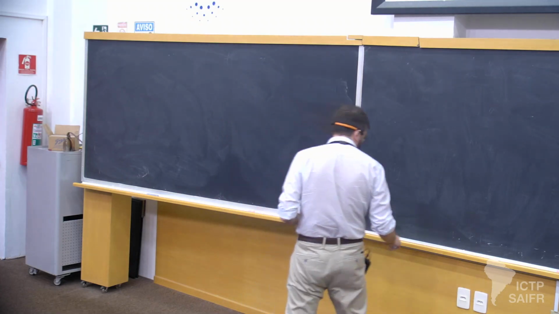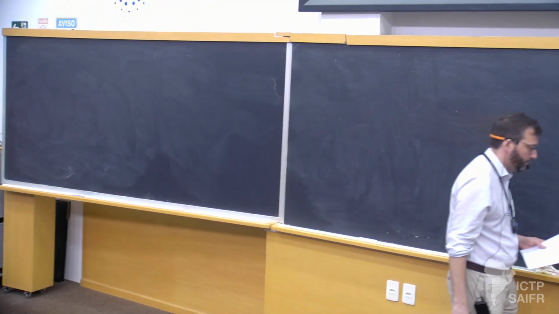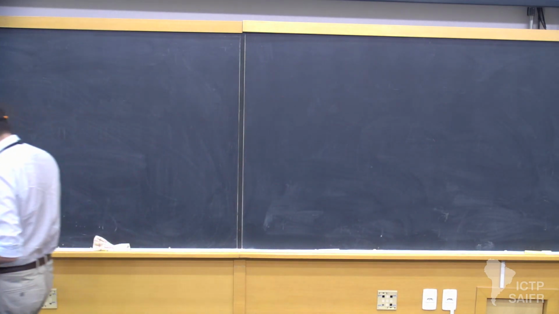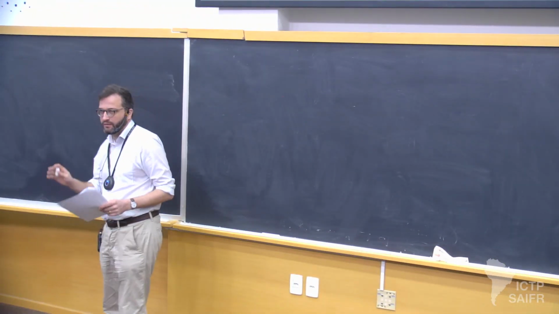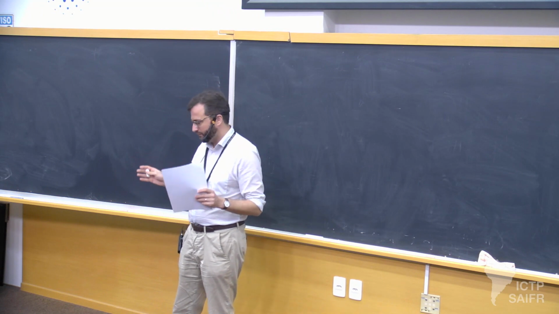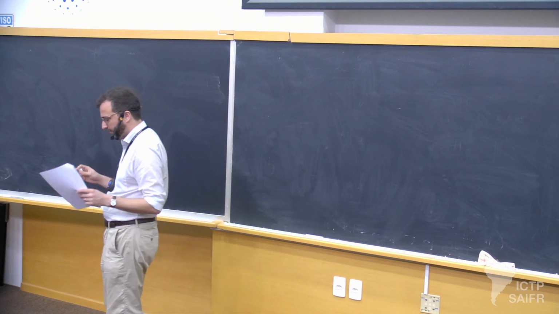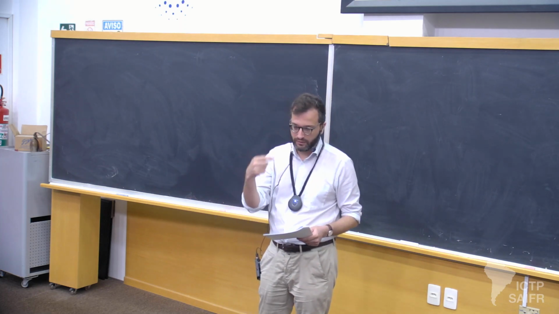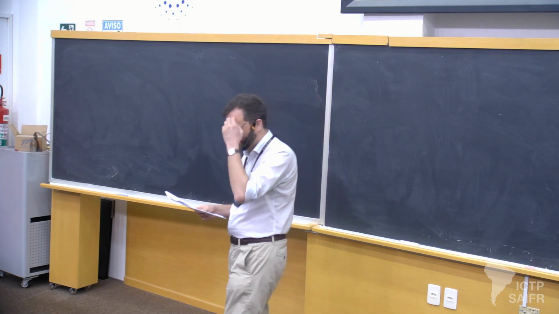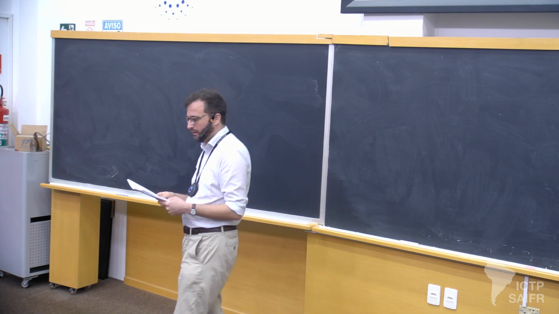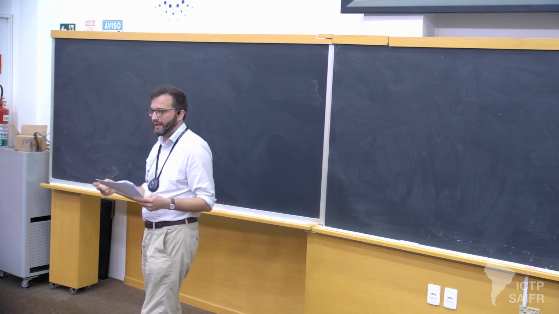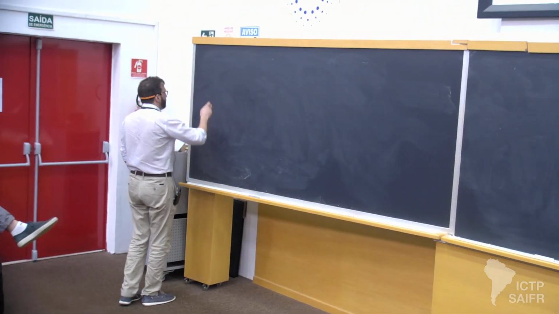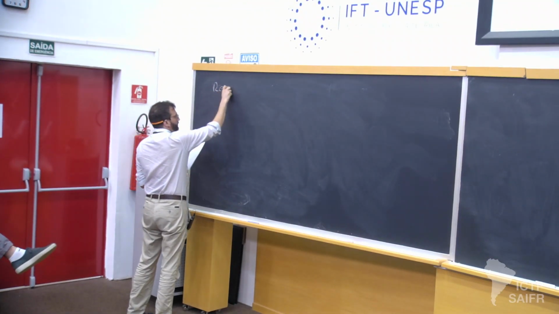So the plan today is just to briefly recap what we saw up to now. And then I just want to mention briefly an important, sort of generally applicable limit from unitarity. And then we'll move on to the main topic of this lecture, which is generating the asymmetry. Yeah? So, recap.